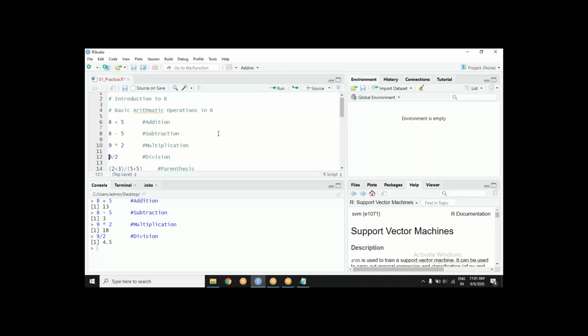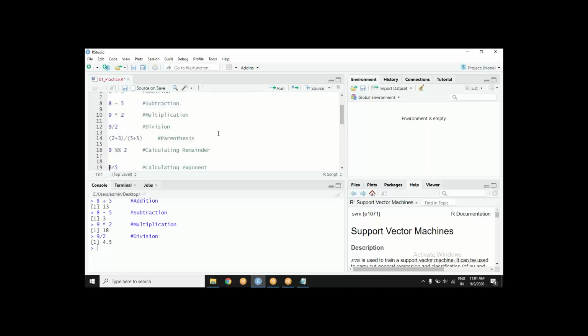We were talking about some mathematical operators, and parentheses last. Then there is the double percentage sign.